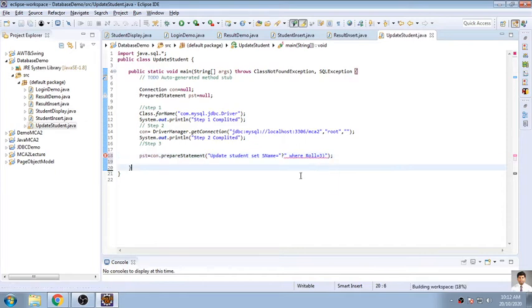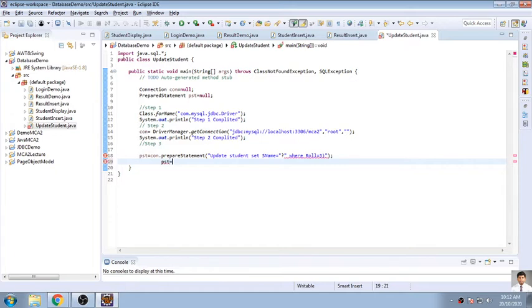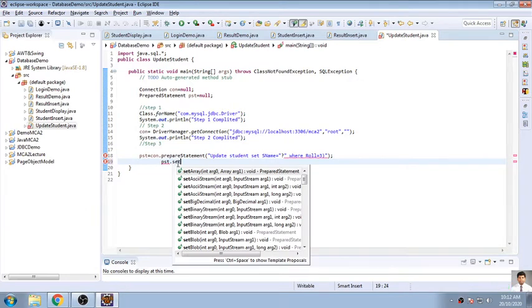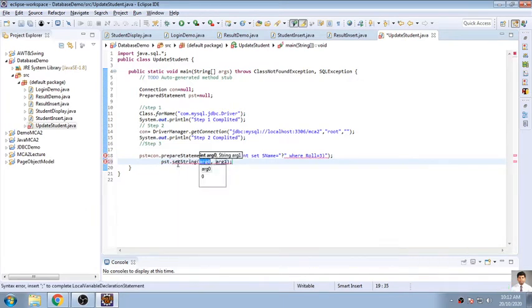Now it is clear. Now here I want to set, so PST is equal to, so this is the first question mark, so the name should be a string, so pst.setString, and what is the index number? There is the first question mark, so first question mark. Here I will again use my second question mark also, no issue. So what is the argument?